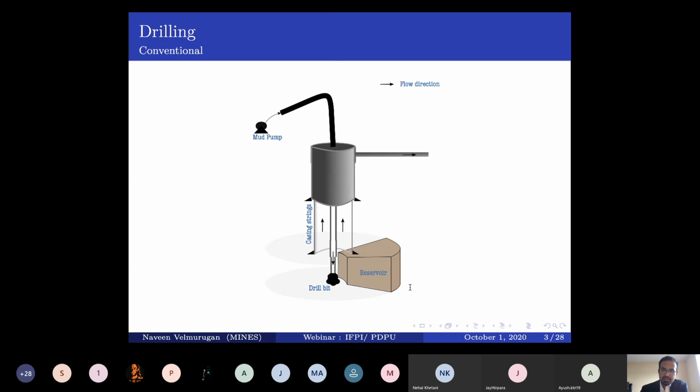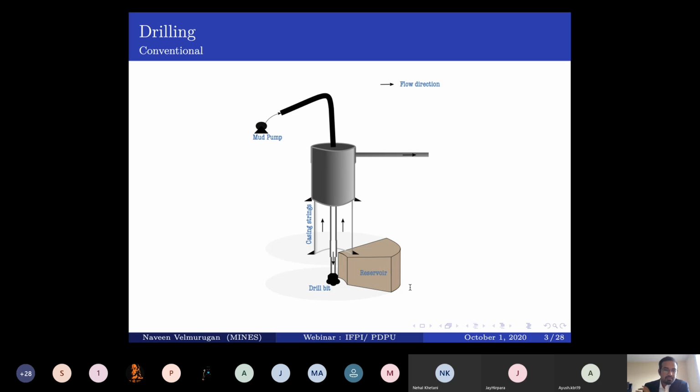During this operation, what we also need is a circulation of a particular engineered fluid called drilling mud. First of all, to remove all the cuttings that you drill out from the particular formation. Next, to maintain the pressure against the open section of the wellbore. And then there are other functions like lubrication, transmission of the hydraulic power from the surface to the bottom.